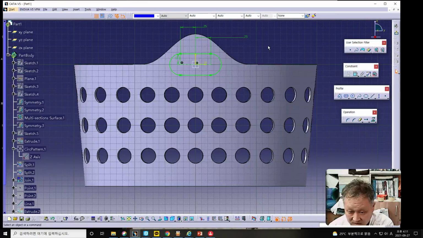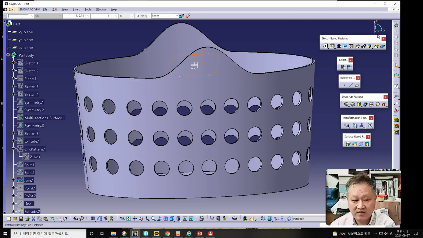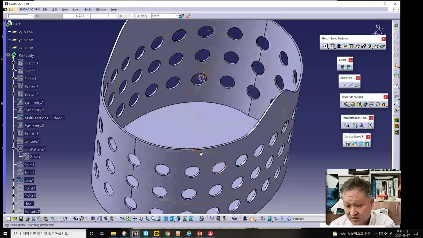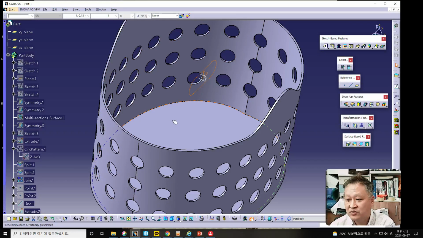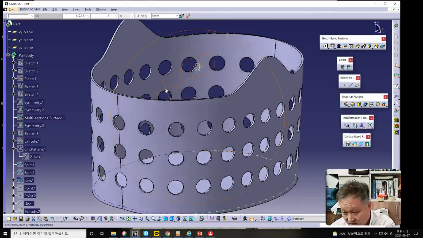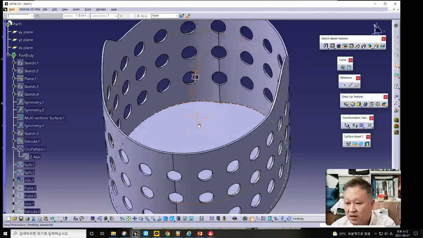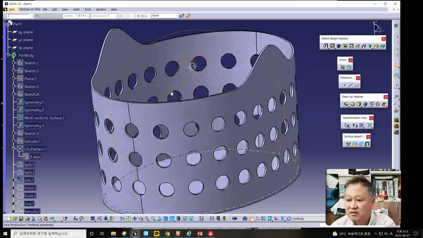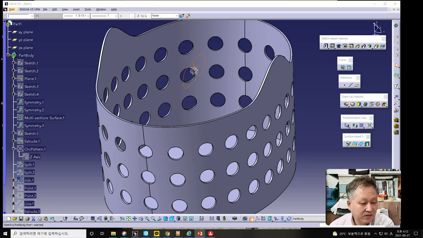If you select this very well, then in this case please exit the sketch workbench from this part. Then you can see this elongated hole generated in the center of the basket like this. Can you see this kind of thing? Well, if you think it is rightly drawn, then please use, in order to perforate this one,